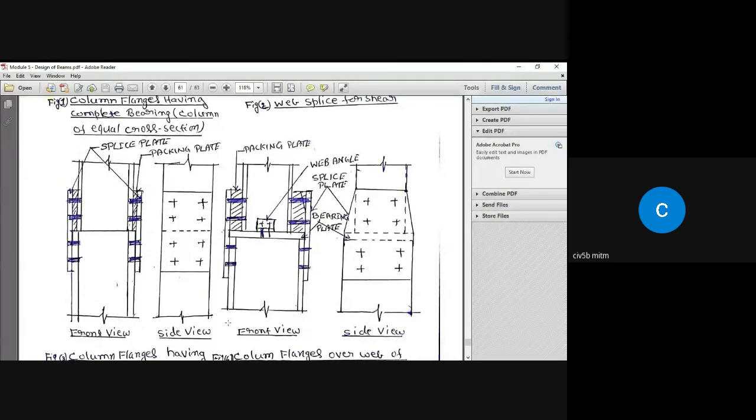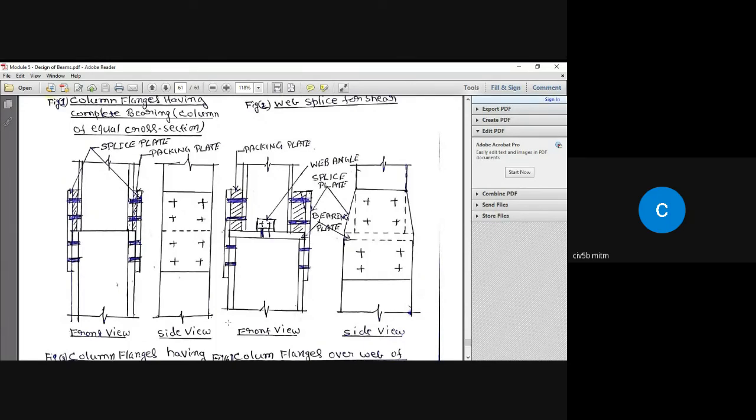Afterwards, we can go and study the design of beams with lateral support, that is, where the compression zone is laterally supported. That means there is no provision for lateral torsional buckling. We study that thoroughly, then come back to the laterally unsupported beam. There you need to know only the theory and how to design. You need to know the formulas. You don't have to remember them, but you need to know where exactly they are located in the code book, and also the steps on how to design. So read that and find out where exactly it is located in the code book.